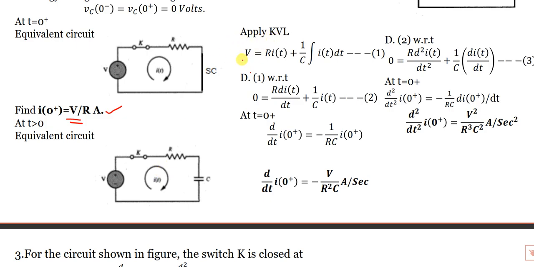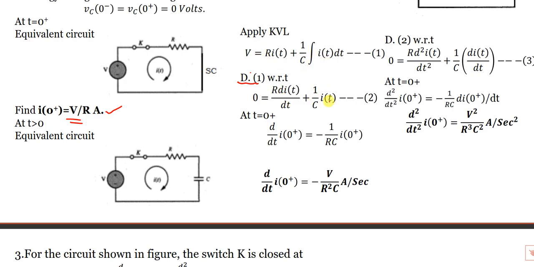Integro-differential equation: applied voltage is equal to the drop across R, R into I of t, plus voltage of capacitor, 1 by C integral of I of t dt. Okay. And there is no di by dt, so you have to differentiate this equation once again with respect to time. V is a constant, so differentiation of voltage is 0. R into di by dt, and 1 by C,